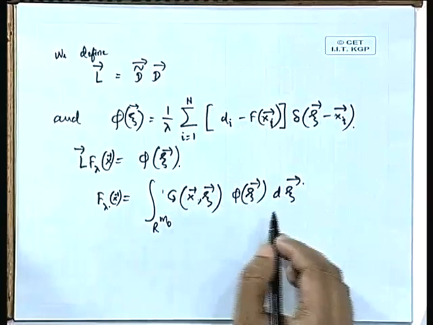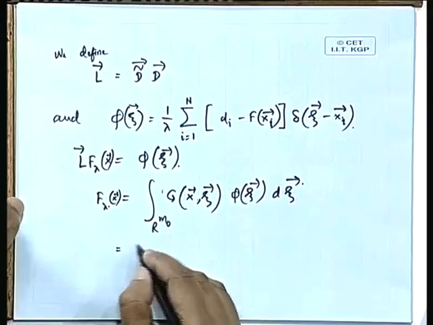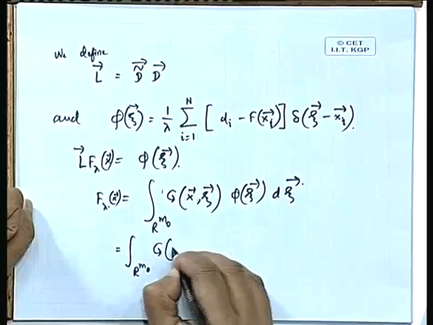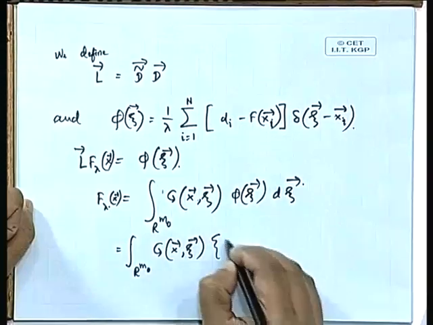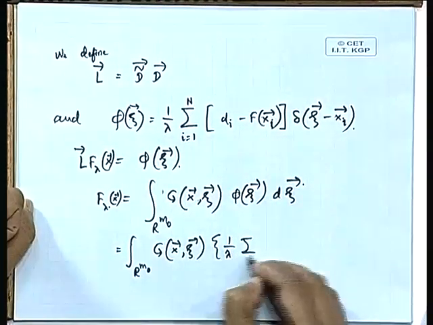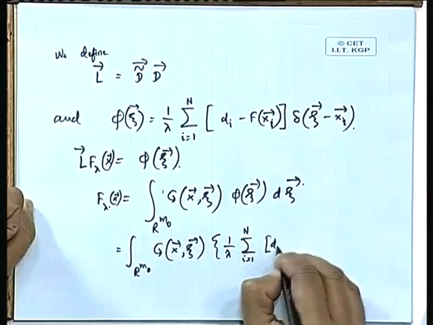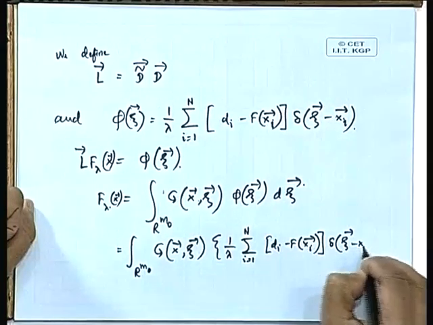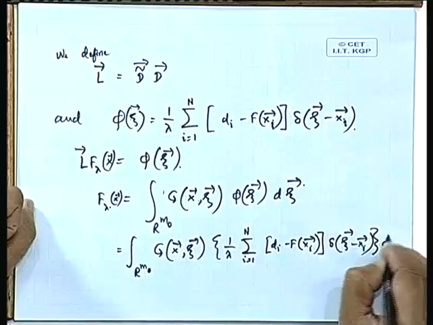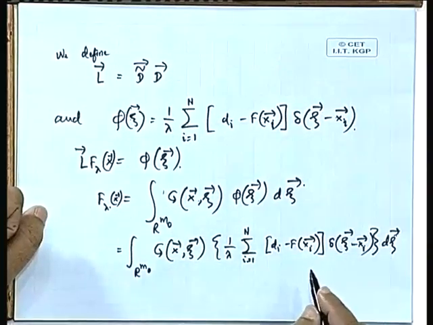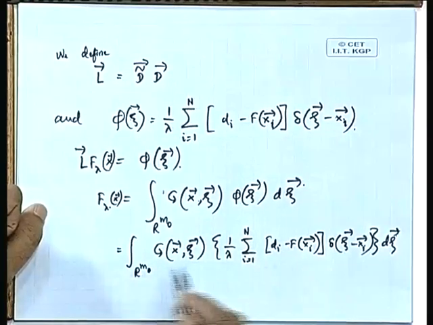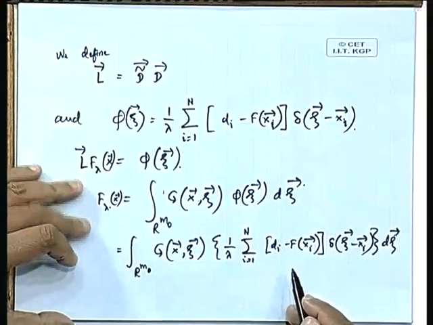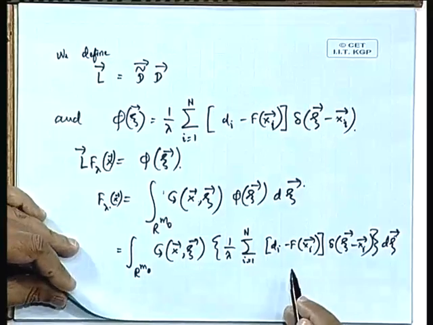So, the solution f lambda, that is what we have been looking for, is equal to this, and this can be written simply as the integral over R^m0. I just substitute the expression for phi zeta, and here I am going to write 1 by lambda, summation i is equal to 1 to n, d i minus f x i, delta zeta minus x i, and then d zeta is there. Now, here actually first comes the integral and then comes the summation. The order of integration and summation can be interchanged in this case. So, if we interchange the order of summation and integration,